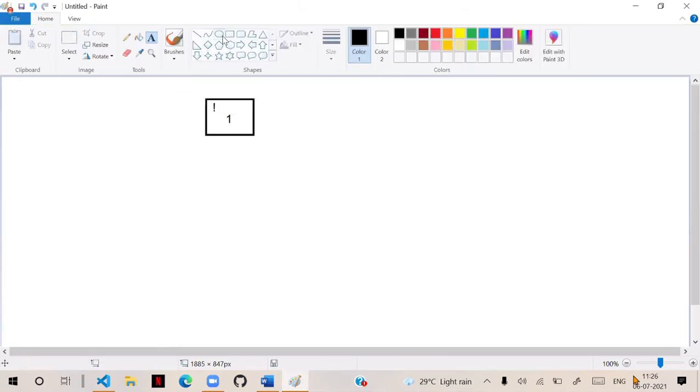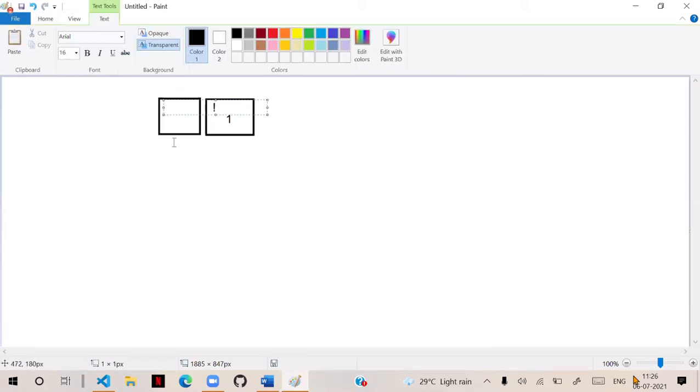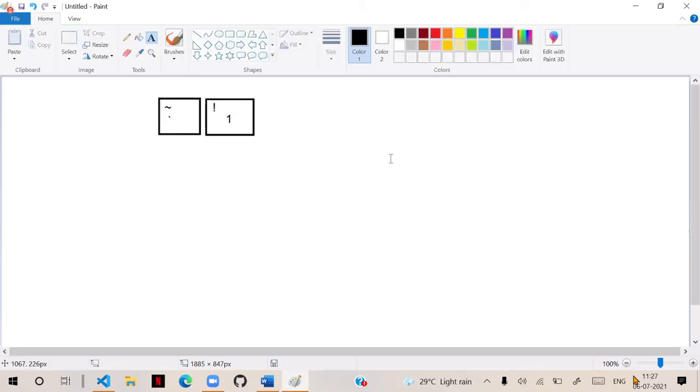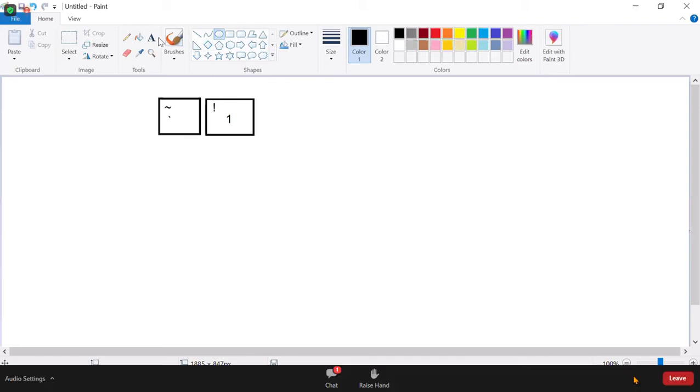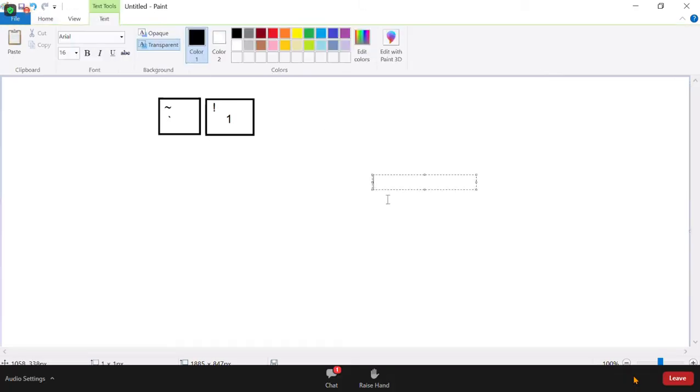Beside that number one key, you will see a backtick and tilde symbol. You have to use this backtick. Don't confuse it with single quote.